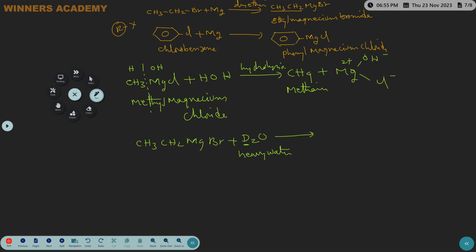Here D2O means like DOD, like HOH. Bond breaks down between alkyl group and magnesium. Now one D added here, one OD added here, like OH. As a result, compound is CH3CH2D